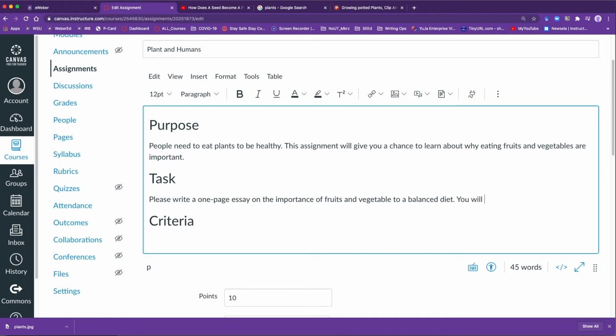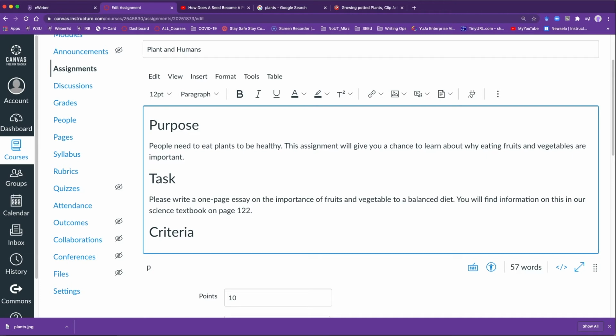You will find information on this in our science textbook on page 122. So that's a pretend, but I would want to make sure that there's some sort of